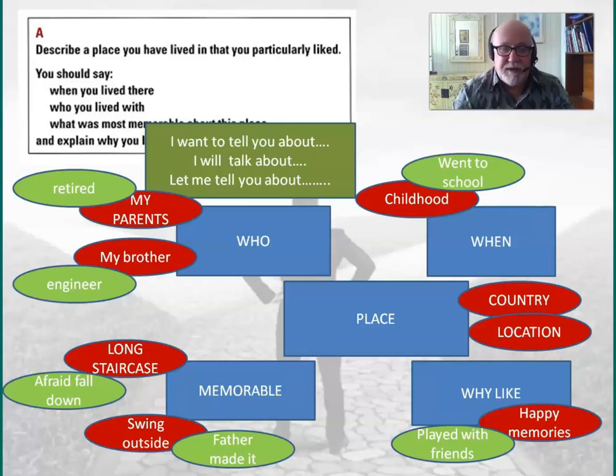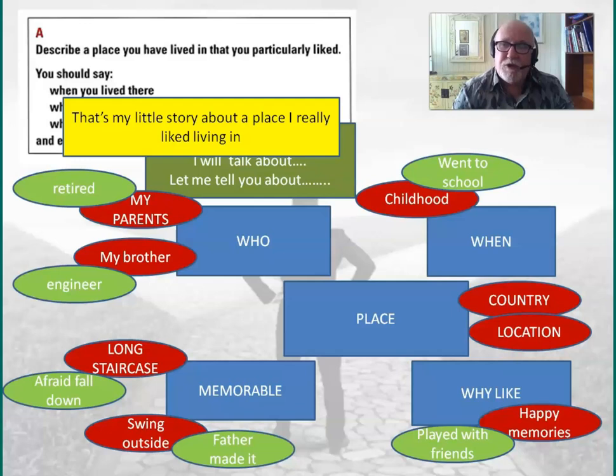Hey, it doesn't matter what language you put these notes in or whether you just put little drawings or whatever, so long as you understand what you're going to do, what you're going to say. And then, of course, to finish it off, we're going to finish with the conclusion, by saying that's my story about a place I really liked living in. I hope you enjoyed hearing it. Okay,